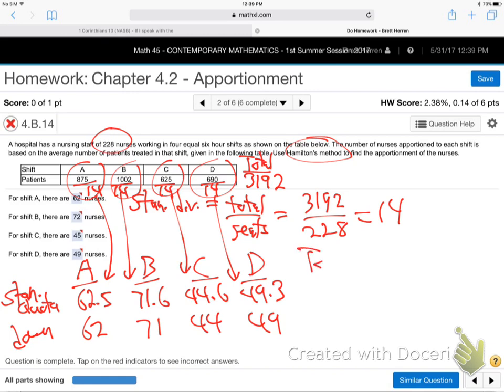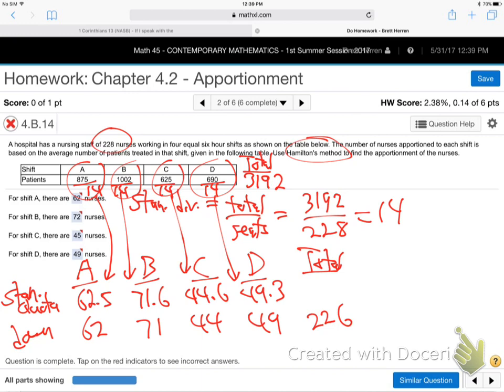And then what's the total? Add those up. Let me see. 3, 7, 6. I think it's going to be 226. Is that right? So I'm going to check that. You know what I do to do that quick? I just add up the last digit. I can't handle that in my head, but I just added 2 and 1. I'm just adding up the ones place. 2 and 1 is 3, and 4 is 7, and 9 is 16. So I know it ends with a 6. And I know it's got to be close, so it's probably 226. That's all I'm doing if you want to save some time.